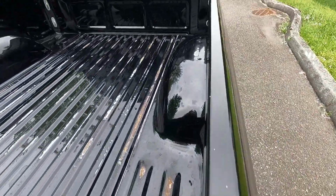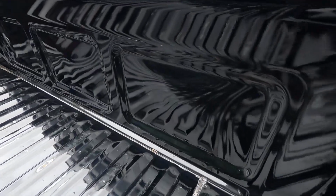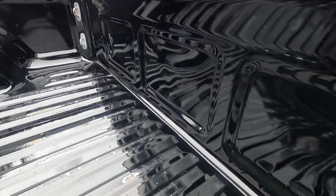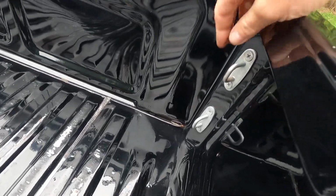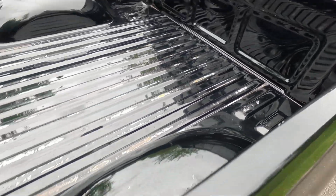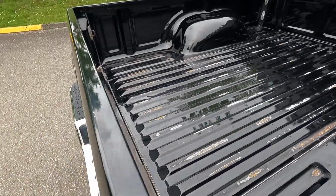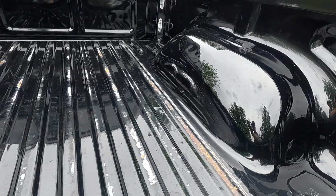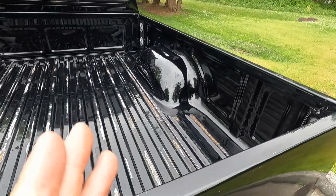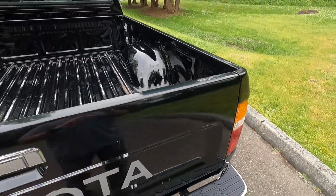I'll take you up here to the front of the tailgate. Look at that bulkhead. I mean, there's not a dent or dink on that thing. No loads. I don't think this really has ever even hauled anything back here. The cargo hooks are really nice. There's some wear on the inner wheel well paint and on the top of it, but